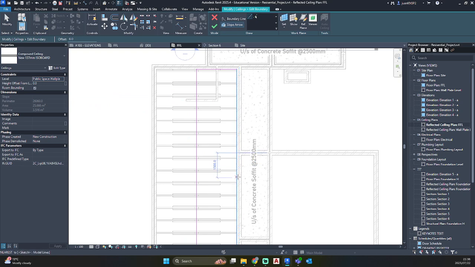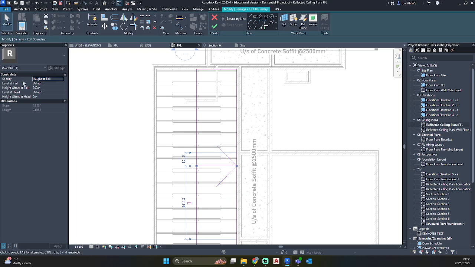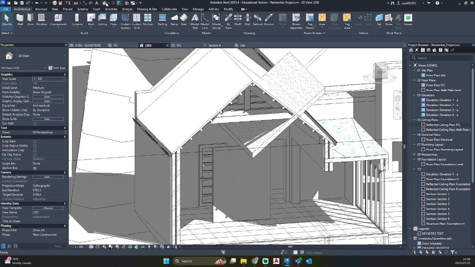So let's find our center line, or you could just draw it in anywhere. So I'm just going to draw it like that. If you select the slope, you'll see height at tail, and that is what we want. Or you can select slope. I can change the slope to 40 degrees, and we can hit OK to see what Revit has done now.